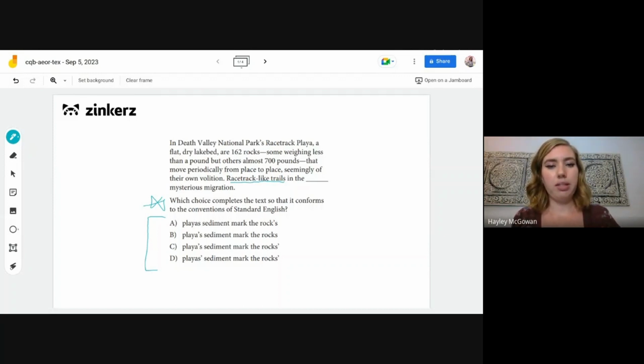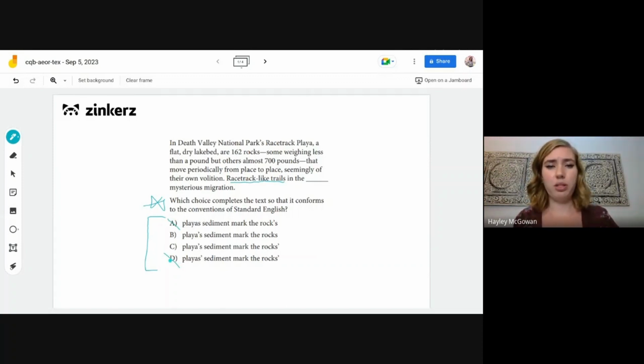All right, so a couple things here we're thinking about, again, if they should be possessive or not, how to form them, and also a little bit about whether or not these words should be plural or singular. So we can start with that. I think the easiest thing to start with is the playa. There's just one playa that we're talking about here, so in this case, playa should be singular. So we can get rid of any of our options with non-singular forms. That's going to be option A and option D.